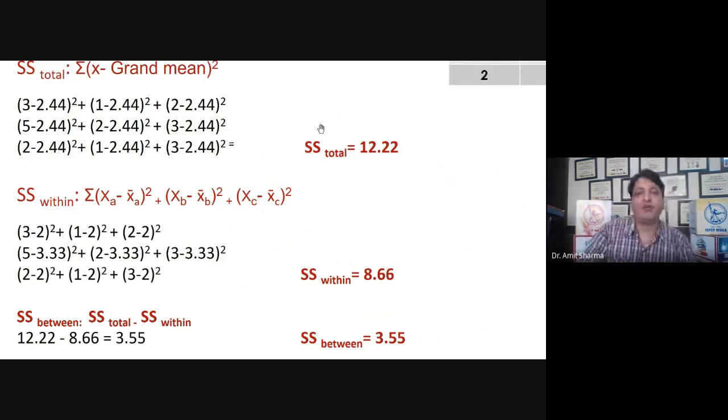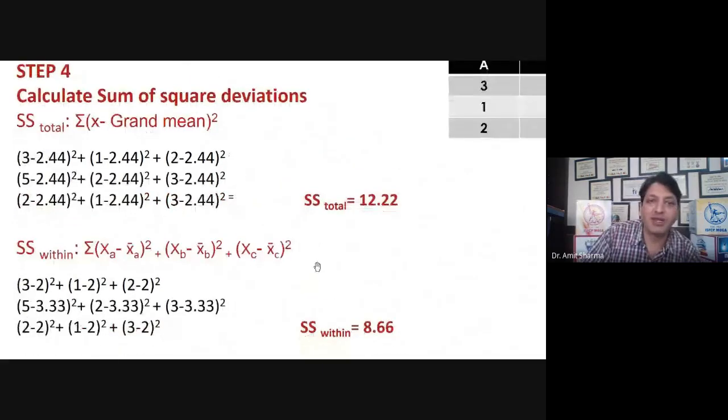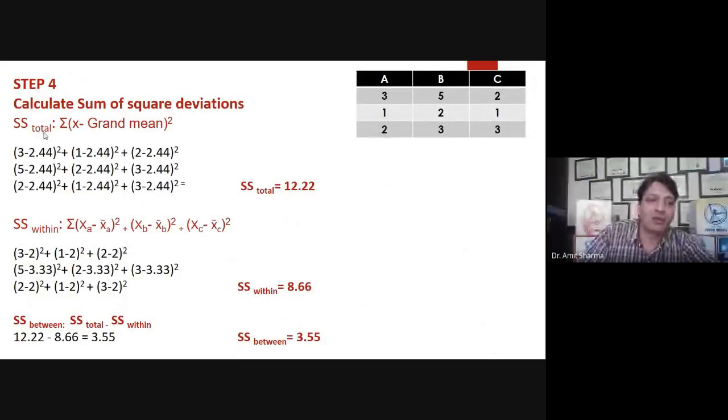So we will have the value of SS total, we have a value of SS within, and we have a value of SS between, and SS here represents sum of squared deviation. So sum of squared deviation will be calculated for within also, between also, and the total also. If you have calculated for total and within, you are going to get for the between, like this. So very simple calculation. Just what you have to do, just see the formulas properly. You have to remember the formula which I have written in the red color.